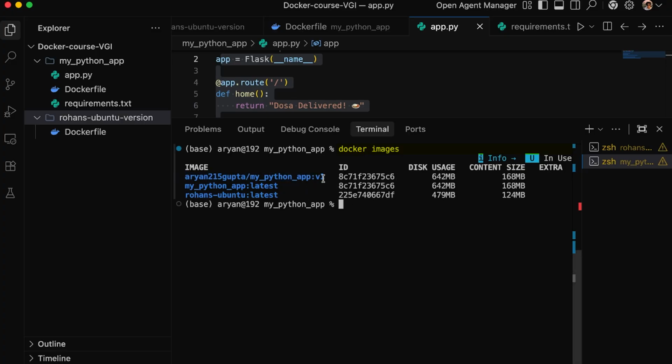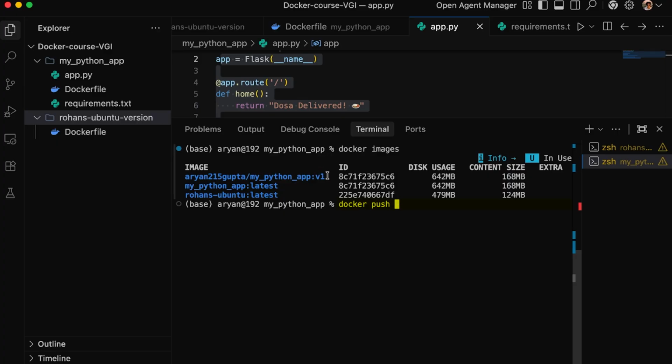I have just used the tag operation so that I can tag my image, so that I can identify that this is the image that I need to push. It is just a replica of my last image. That's it. Now what I will do is use the docker push command. So docker push